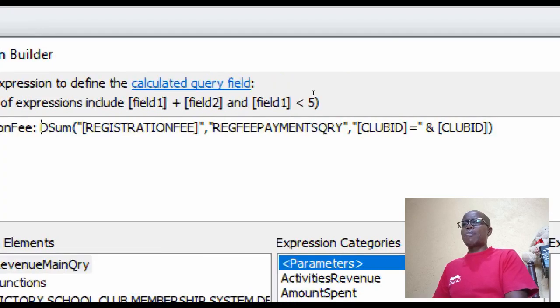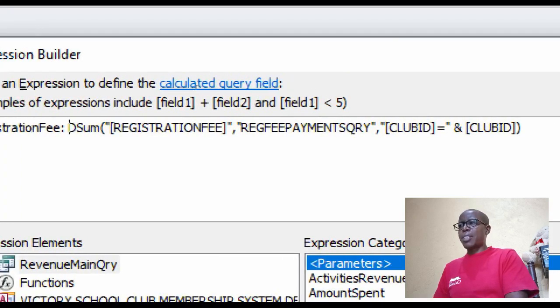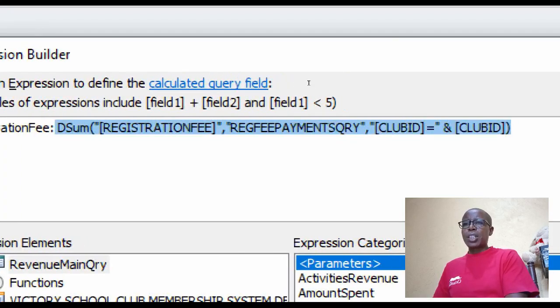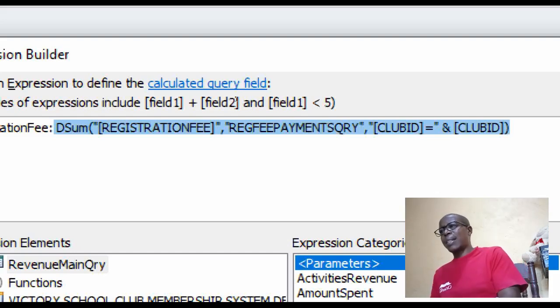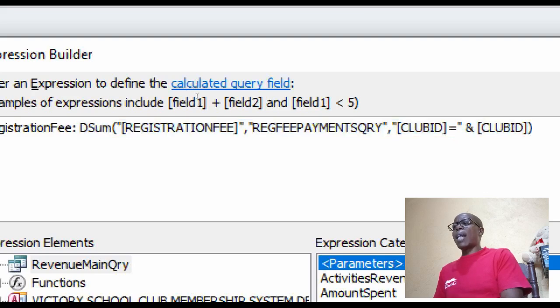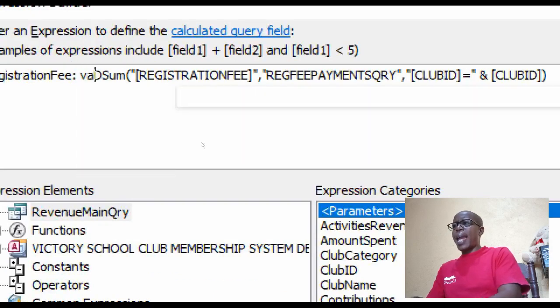The whole of this expression, I have magnified so that you can see. The whole of this expression is the one which is leading to those kind of concatenation. But we want the result to be a real number, a number that we can understand. So allow me now to introduce VAL,